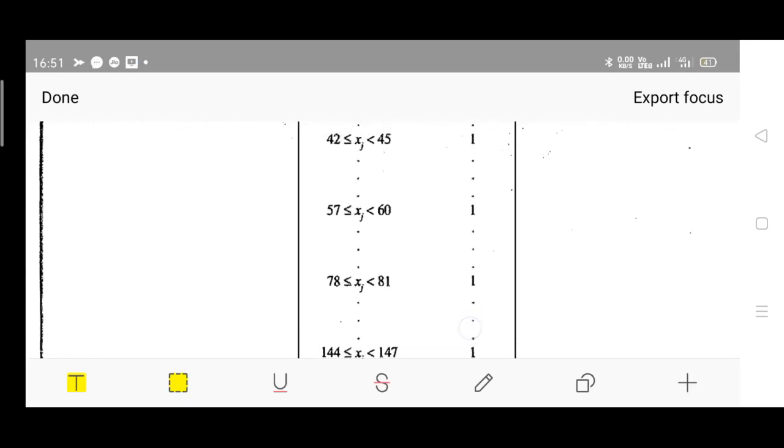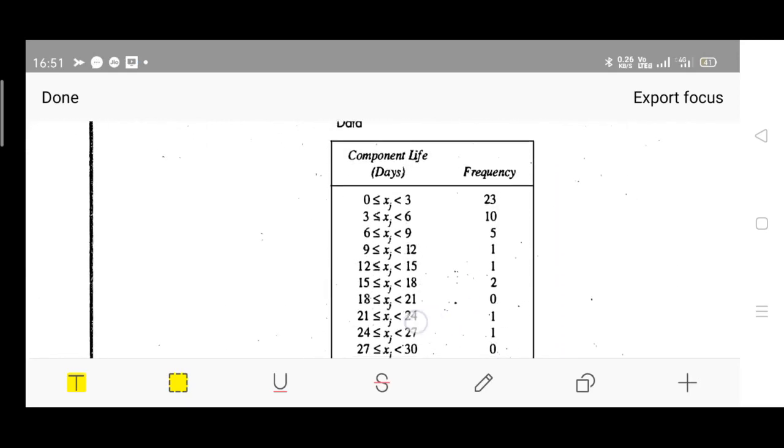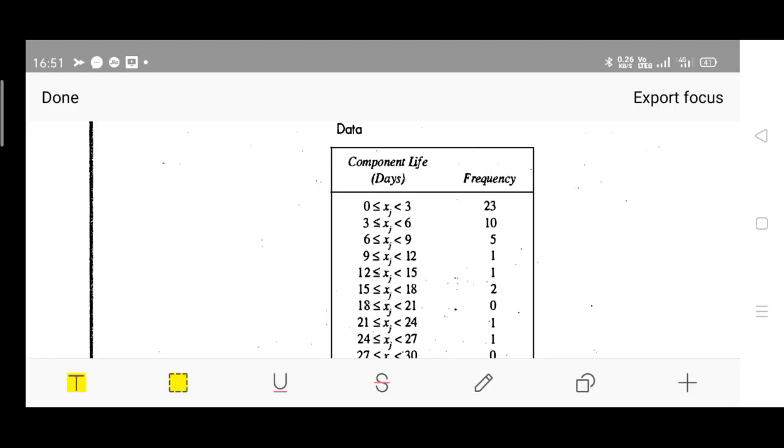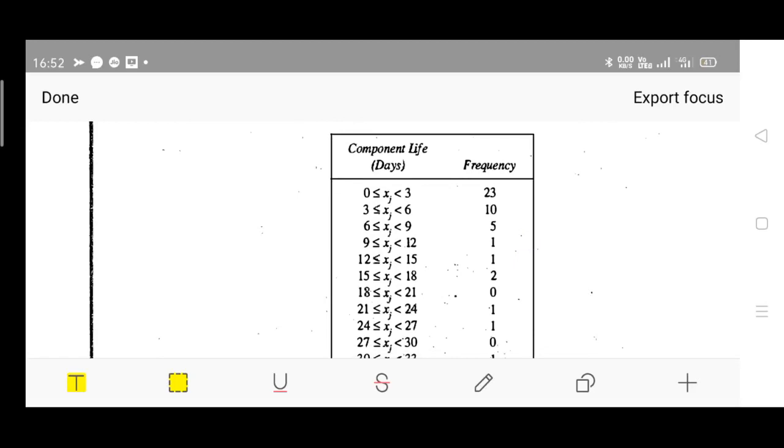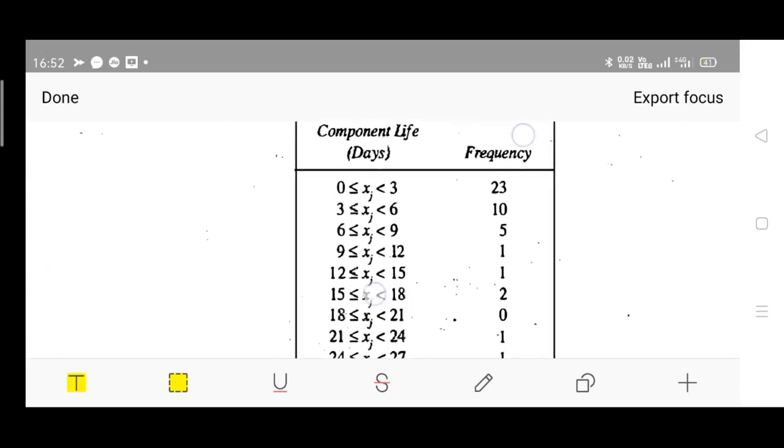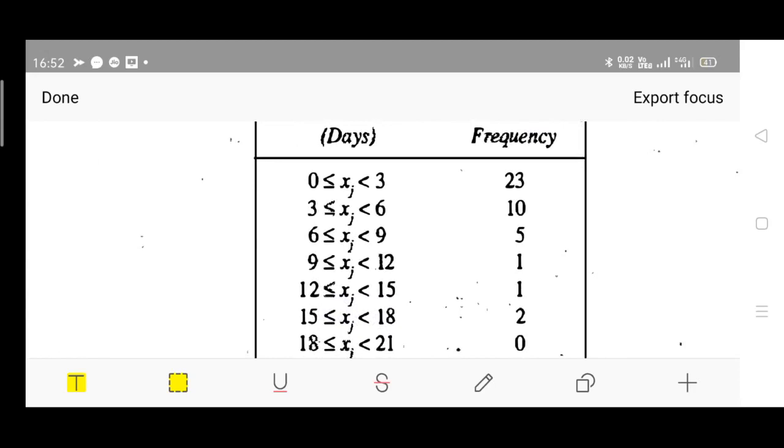Okay, fine. So this is the actual table after observation. Component life in terms of days is observed for 23 components. The lifespan of 23 electronic components after giving them 1.5 times the normal voltage. It is observed that 23 different components have a lifespan of just between 0 and 3 days. Please try to understand. It is observed that for 10 components the lifespan is slightly higher, 3 to 6 days, and this is the durability test we are conducting. Time to failure we are estimating.